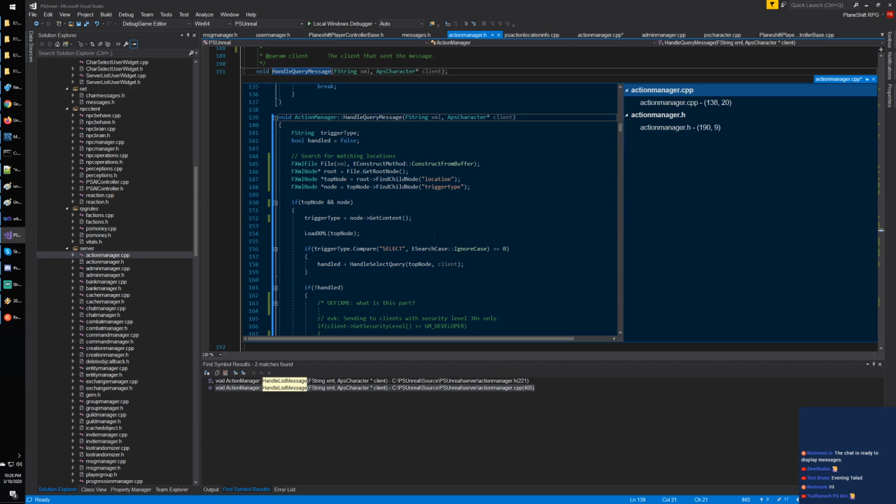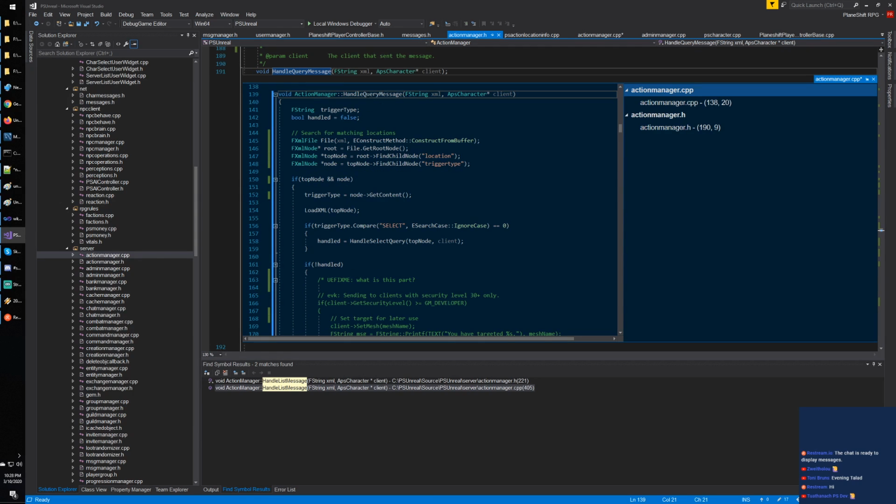Handle query message seems to get the location and the trigger type, and it's searching for matching locations. So location and trigger type. Okay, and it's loading the node, and then it's checking if